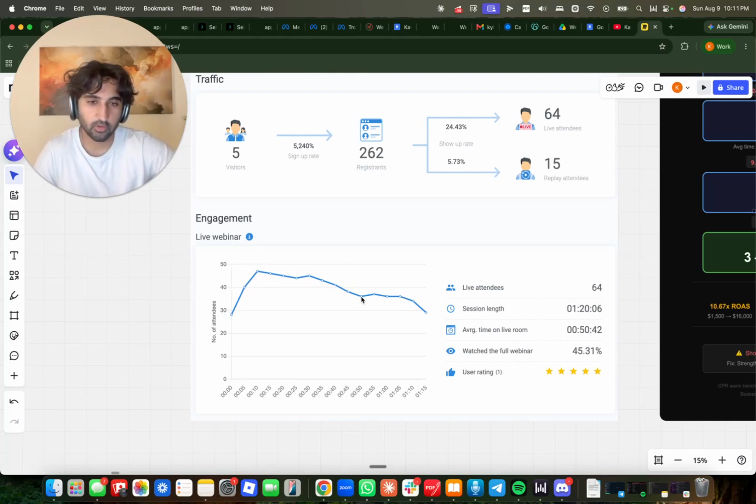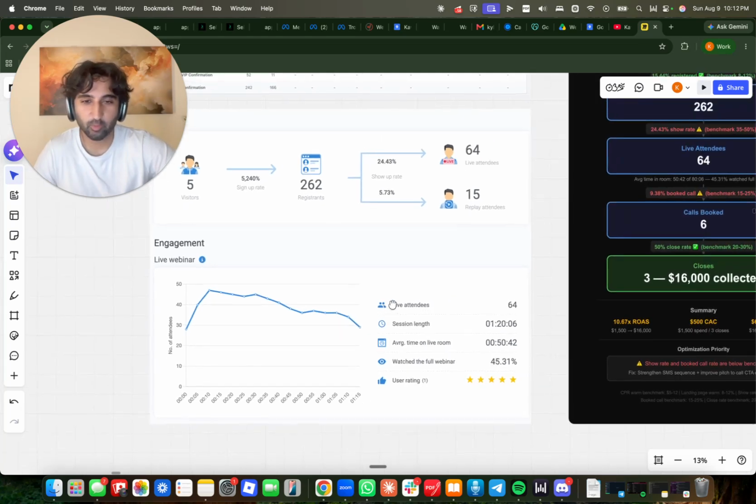So it's overall not bad. If you want a really good retention graph, then you want it to pretty much look like this. And then when you start pitching, that's when it starts going down. So there could have been some things improved in the overall presentation, and really where you see this the most